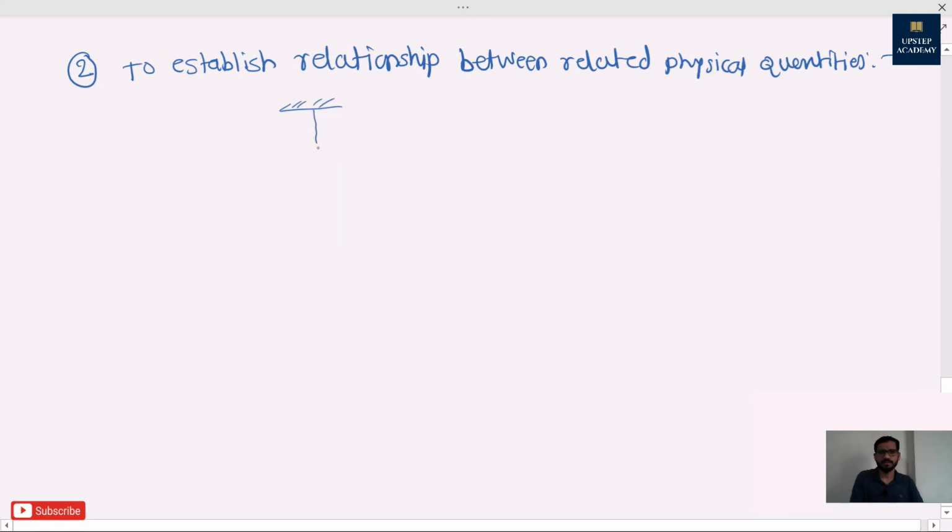What is a simple pendulum? A simple pendulum is a string or rod, and here is a weight attached to it, and here is the support. This is the length of the string or rod, and here it is the bob, or any object which is tied at the end of this string or rod. And what happens? It oscillates within a particular limit. This is suppose its extreme left, and this is suppose its extreme right position, and what exactly the time period of it is, that we are going to find.